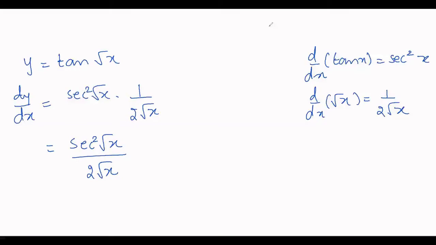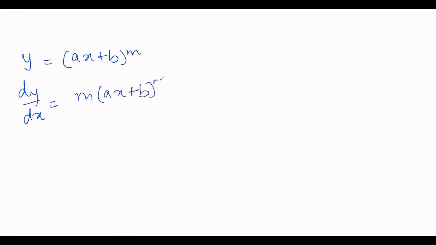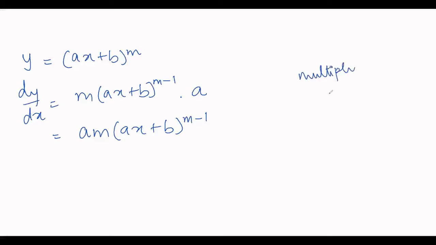Clear this? Next question. y is equal to (ax plus b) whole power m. So we have a power function and we have an algebraic function. So dy by dx is equal to m into (ax plus b) whole power m minus 1. So remember, differential of x power n is n into x power n minus 1 into coefficient of x, which is a. Okay, so my final answer will be of the form am (ax plus b) whole power m minus 1. So in differentiation, make a note, you will always multiply by the coefficient